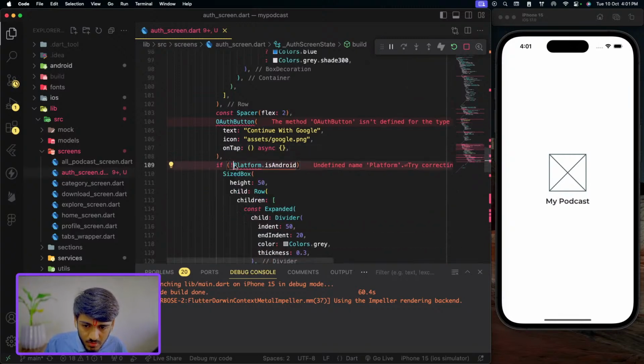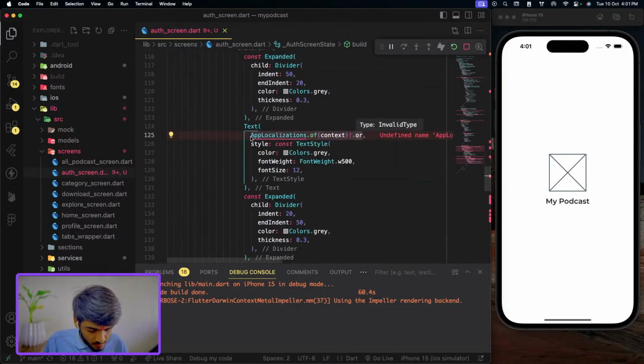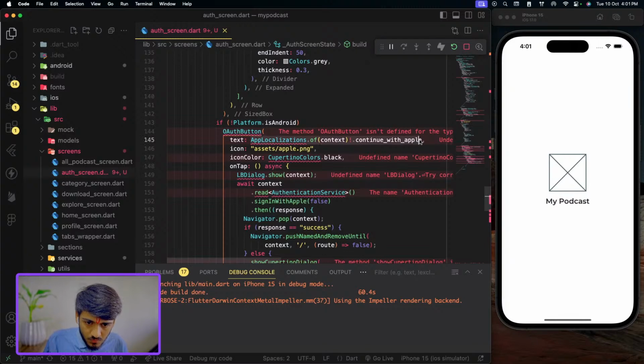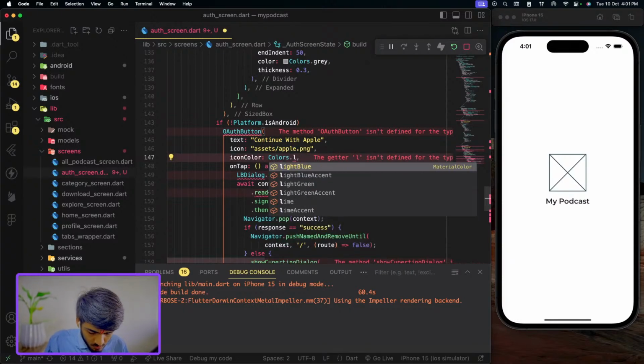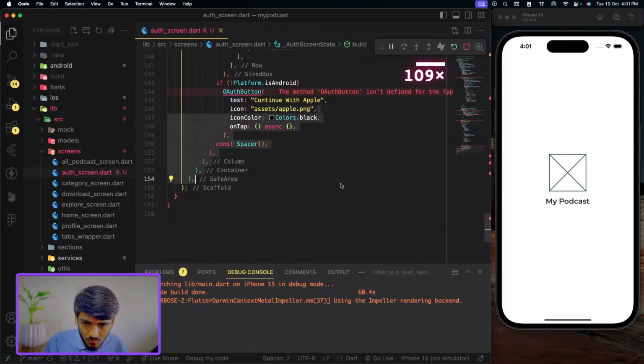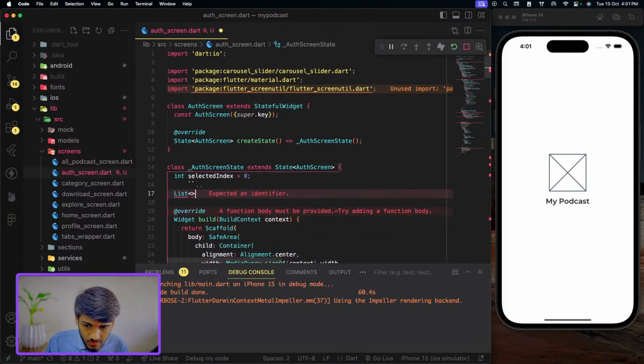I'm just gonna have the UI part done for now. Okay, so now all I need to do is just create a list